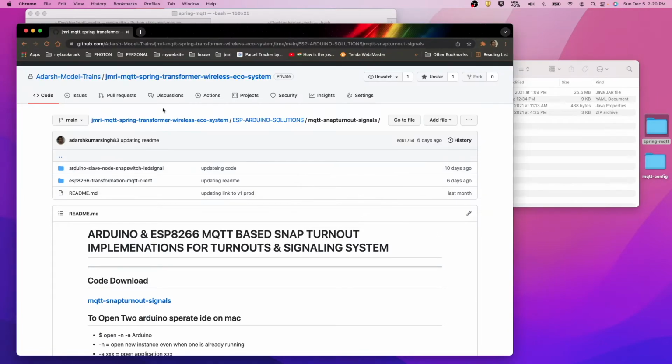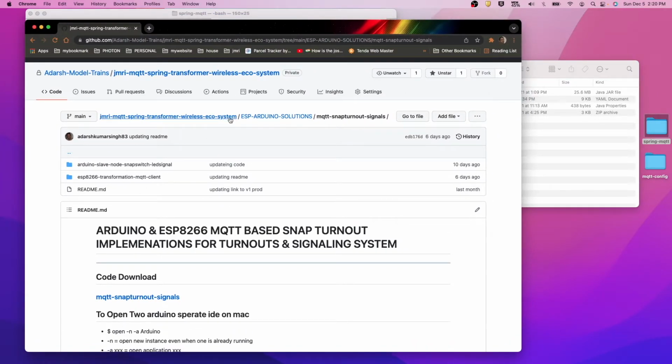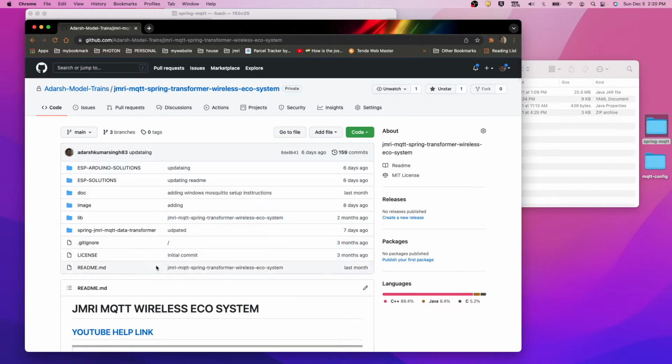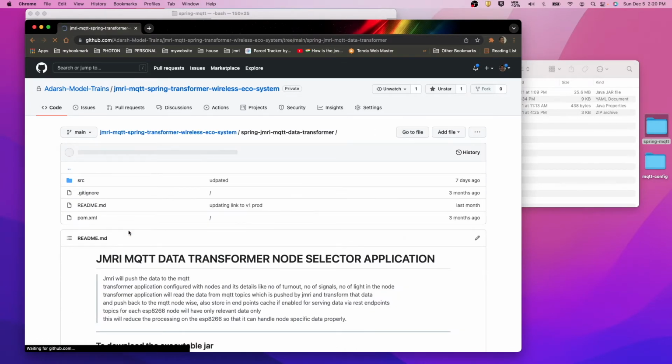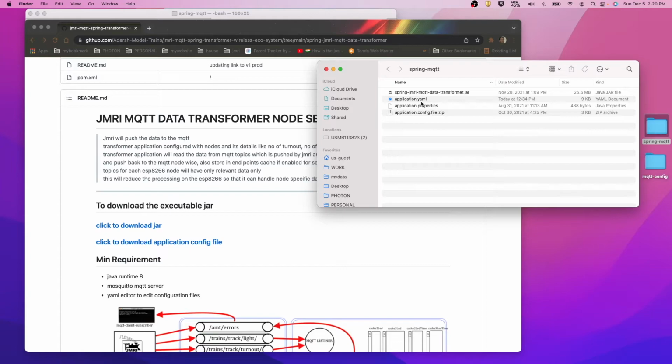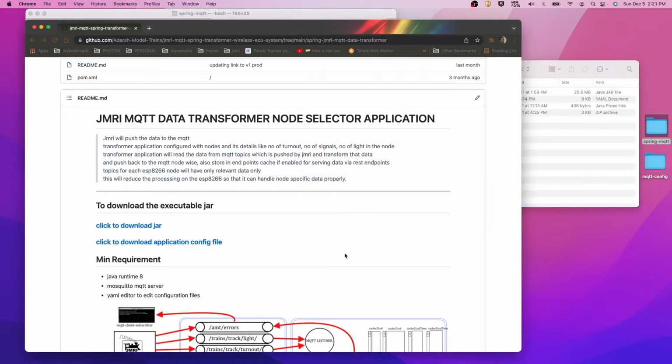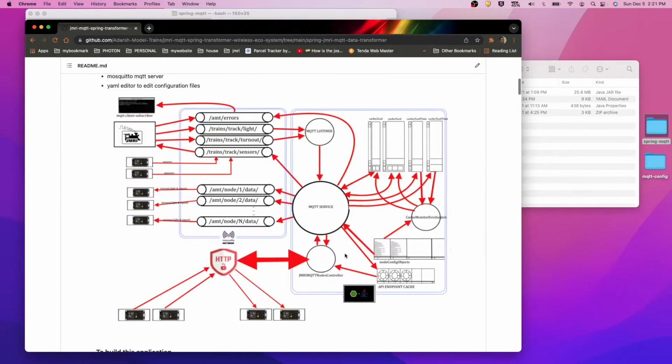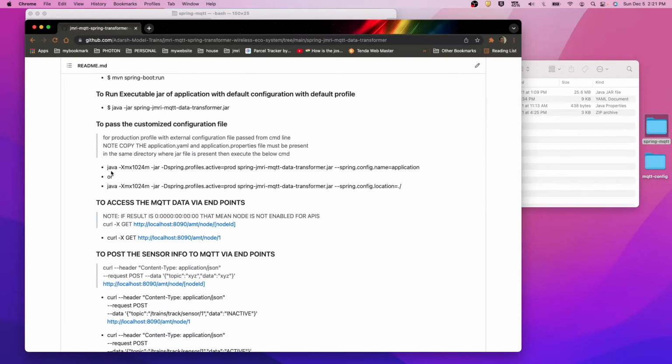I already told you how we can do the installation in previous segments where we talked about the Spring transformer application. You can go download the jar file, download the configuration file. So this is a jar file, these two are configuration files which will come into this bundle, and then you can use this command to start the application.